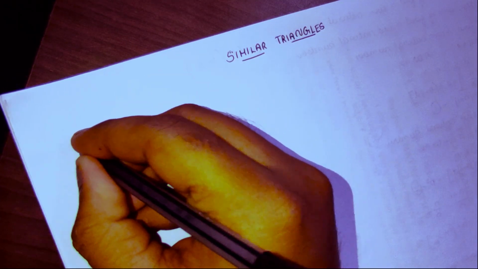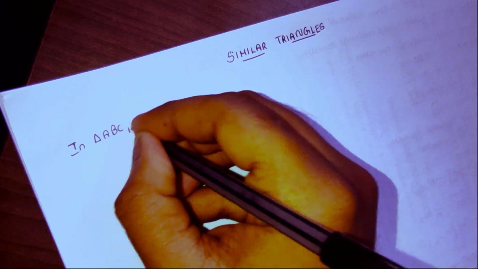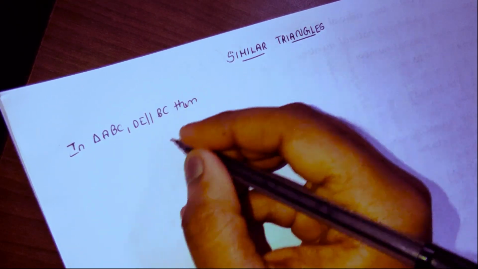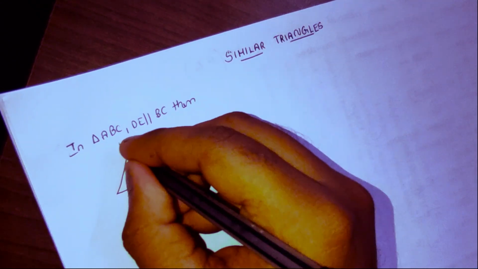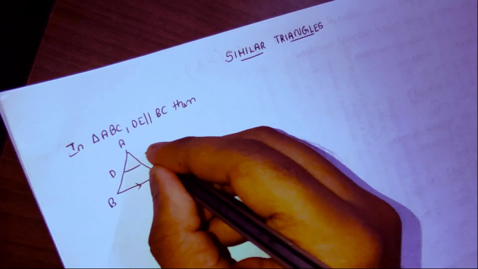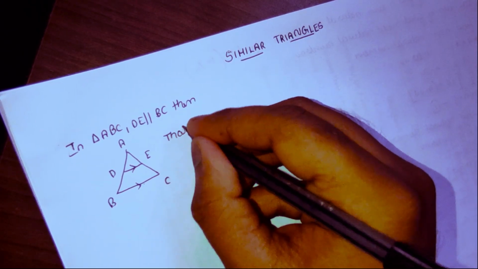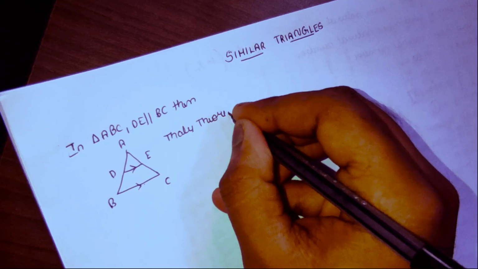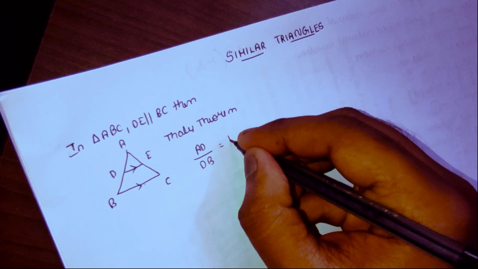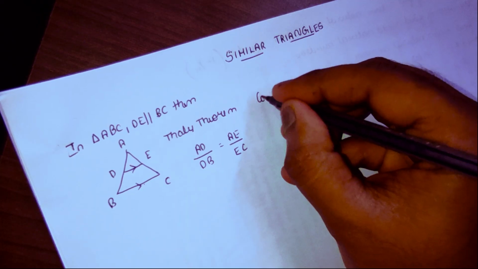First, if they give a triangle ABC, and in that triangle DE is parallel to BC, a line parallel to this BC, then Thales theorem states that AD by DB is equal to AE by EC, and the corollary of Thales theorem states that